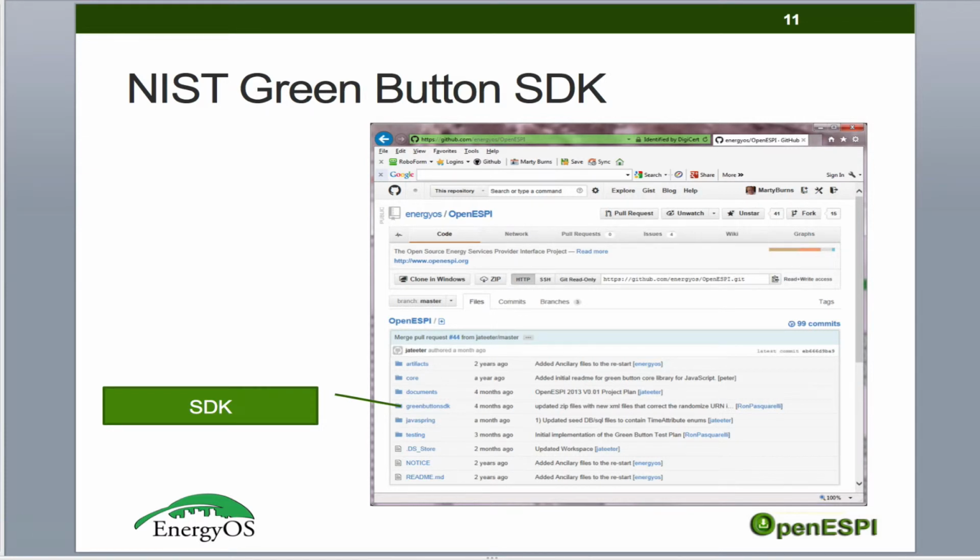So there's an intimate relationship between the three legs of the stool, NAESB, UCA-IUG, and OpenESPI. OpenESPI is the place where software is created and maintained. UCA-IUG is where the test requirements are developed and the certification process will occur, and NAESB is where the underlying standard is maintained. If you go to the NIST Wiki collaboration site, you will find this link that describes GreenButton